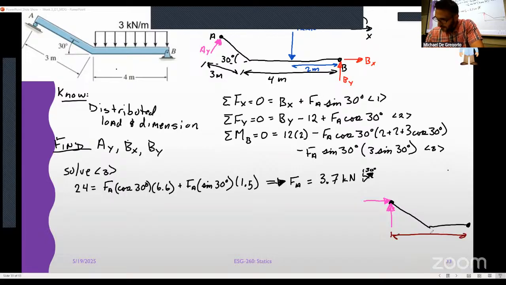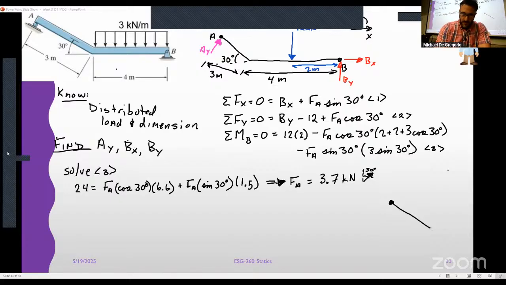Well, I know that this much to here is 4 meters, and I have this 30 degrees, right? And I know that this length from here to here is 3 meters. But I need the x component. I need the rest of this. What's that? 3 times cosine of 30. Same distance, same deal here, right? From point B to this force is 3 times the sine of 30 degrees, right? Cool. Okay, so we can solve that out. We just got to keep track of our distances, right?